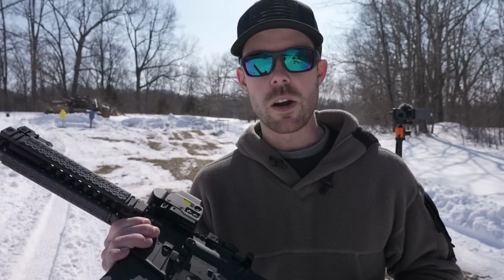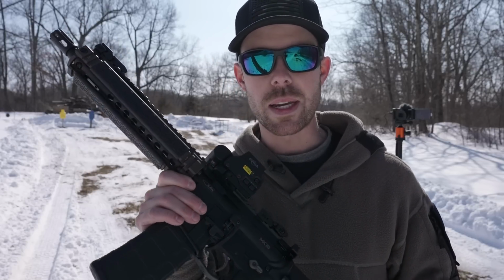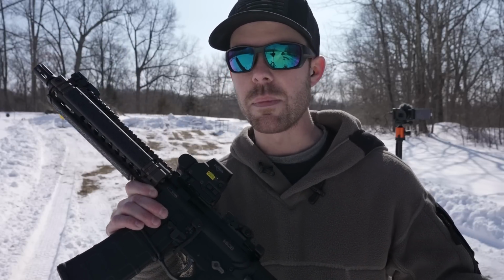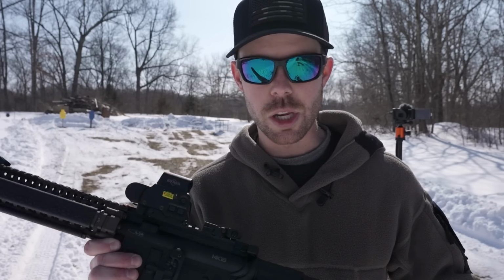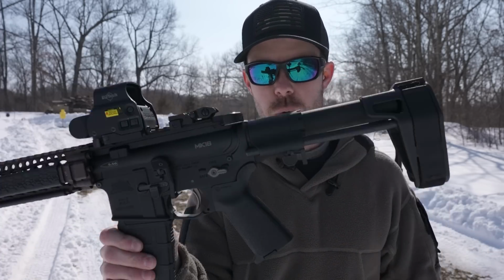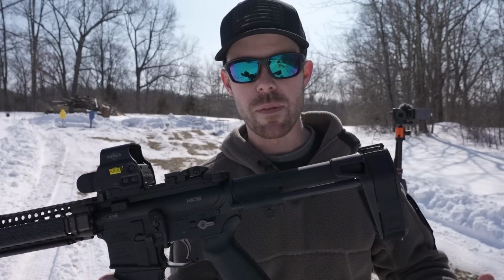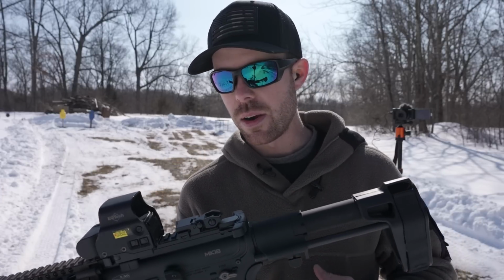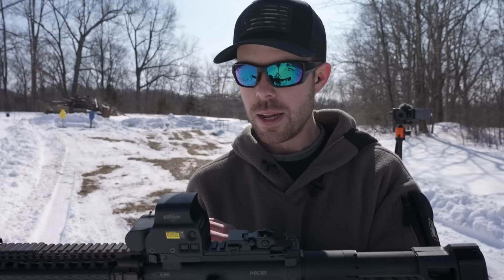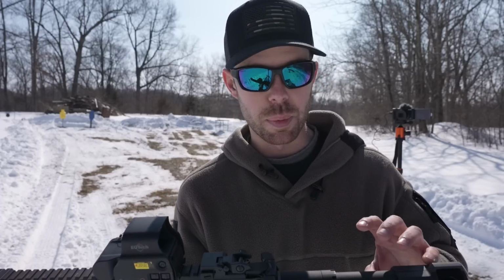When I bought this thing, I started looking up the best buffers and springs to put in a little AR pistol like this because, as I'm sure most of you know, the action can be rather violent and kind of beat up the parts quicker than it needs to. So I went ahead and put an H2 buffer in this buffer tube and pulled out the original H buffer that was in it. But after shooting that magazine and seeing the ejection pattern and it not lock the bolt to the rear, Daniel Defense might have this gas system fine-tuned, and I probably am just gonna go ahead and